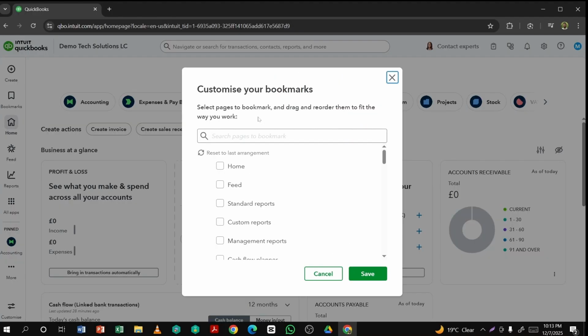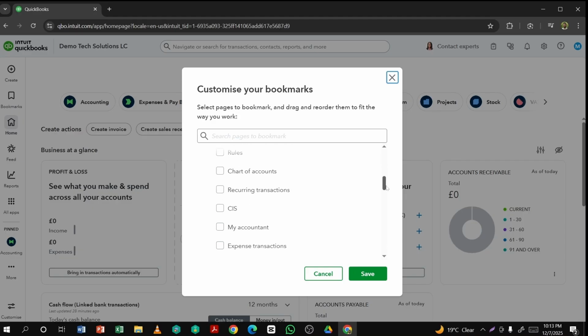QuickBooks will show you the pages you can bookmark. Here we can see home, feed, standard reports, custom reports, management reports, chart of accounts, recurring transactions, CIS, my accountant, expense transactions, supplier bills, mileage, etc. From these items, which items do I want to see in bookmarks? Now I select